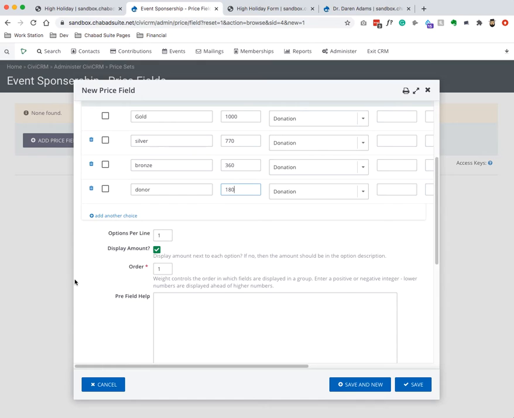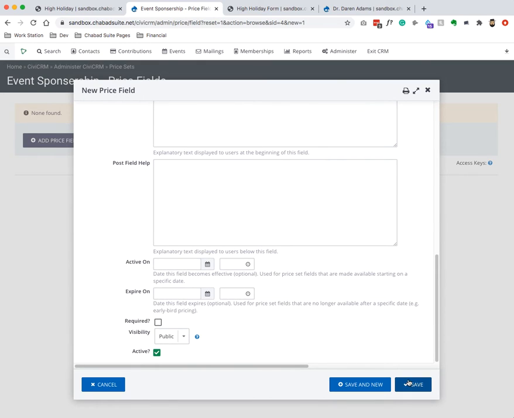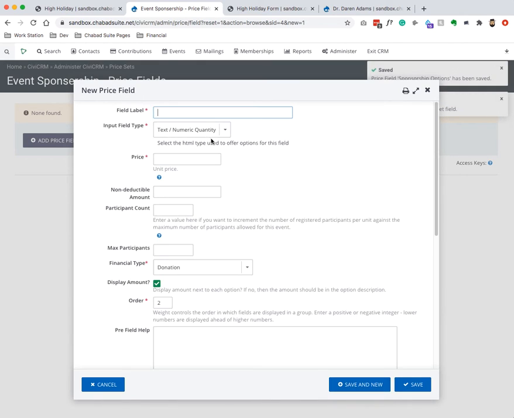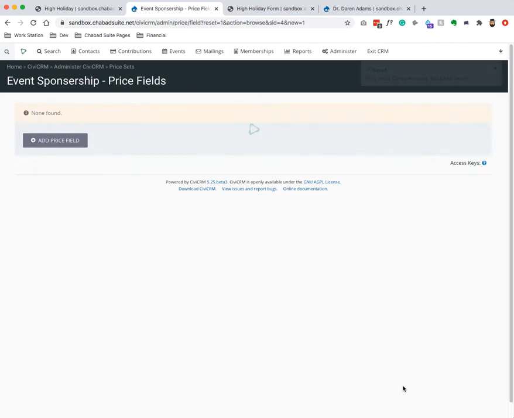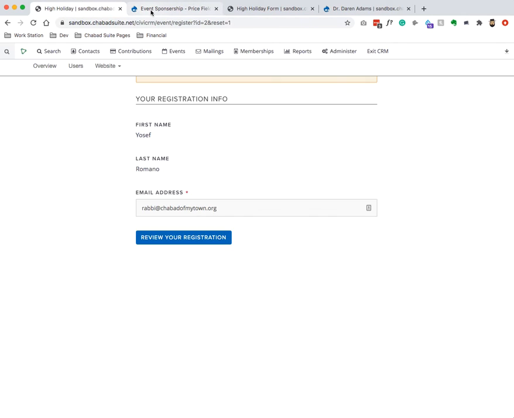I'm going to display amount on this, and click Save and New, and I'm going to have my other amount. I'm going to leave this like this. The price is 1. I'm not going to show the amount. Financial type is donation. And that's it. Hit save. And now I'm going to go back to my